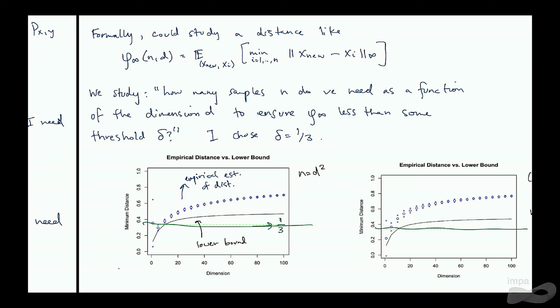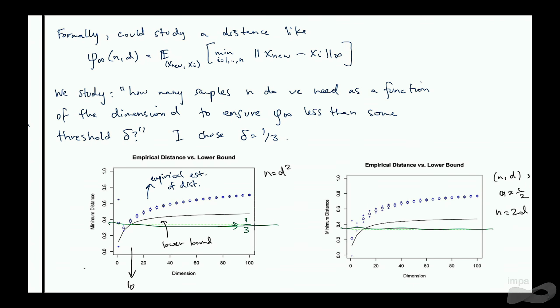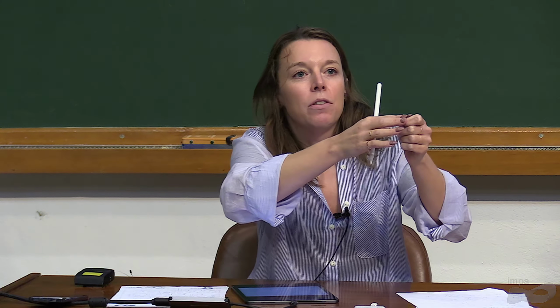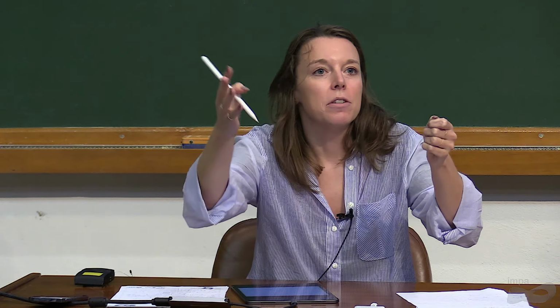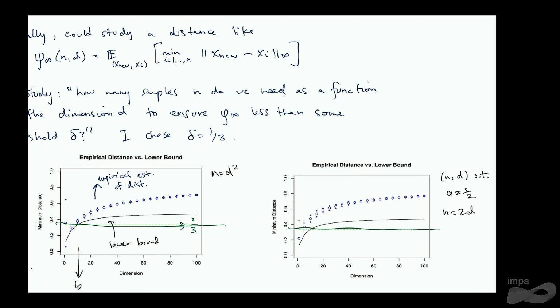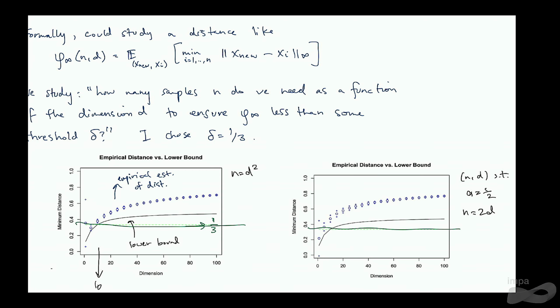once you're over dimension like 10, so here's dimension 10, the distance is greater than 1/3. And once you're over dimension like 30 or so, the distance is 1/2. So that means that you take a new point, and the closest point in your sample is like half of the space away. So there's in some sense no hope in estimating a curve unless you have like an exponential number of